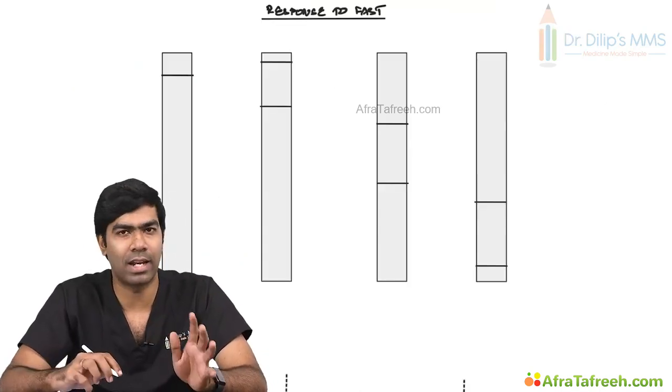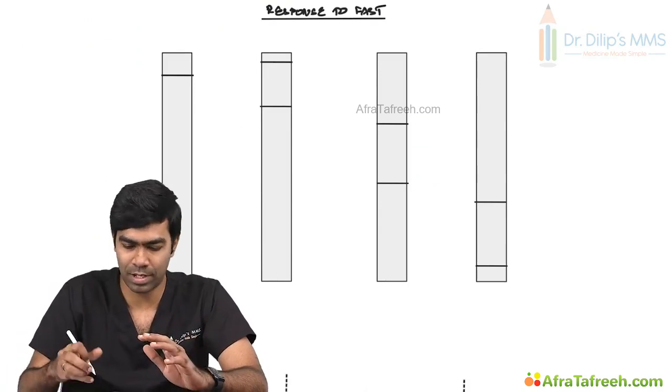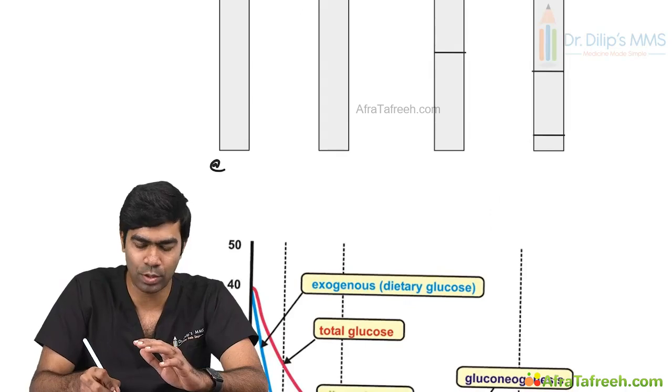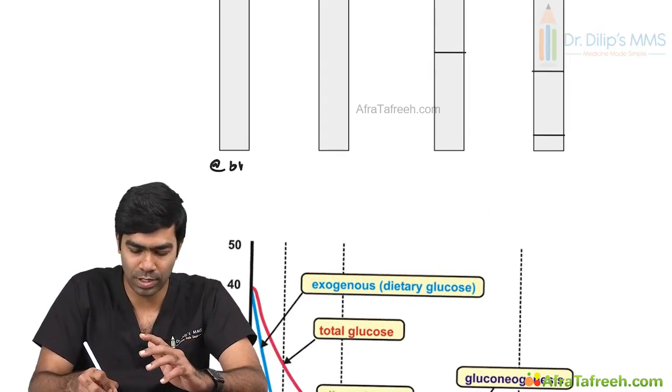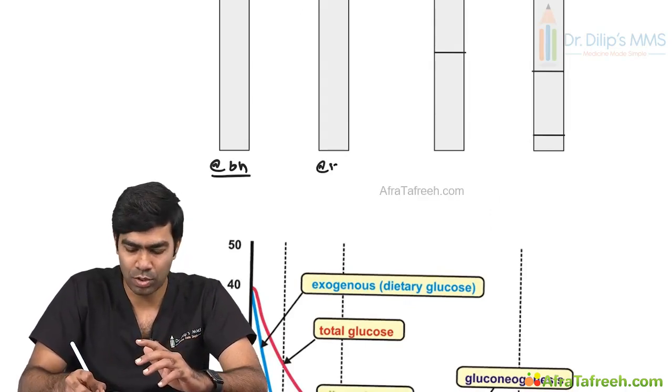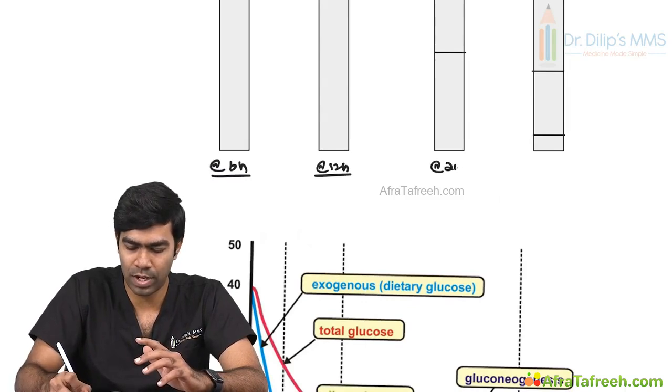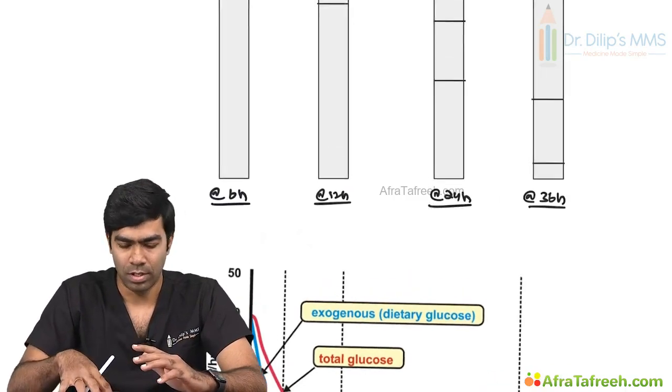Apart from that, let us see the response to fasting at various time scales and what are the most important biochemical pathways that are going to yield the fuel in the body. So, for example, what's going to happen in 6 hours, what's going to happen at 12 hours, what's going to happen at 24 hours, and what's going to happen at 36 hours, and so on. So, remember,